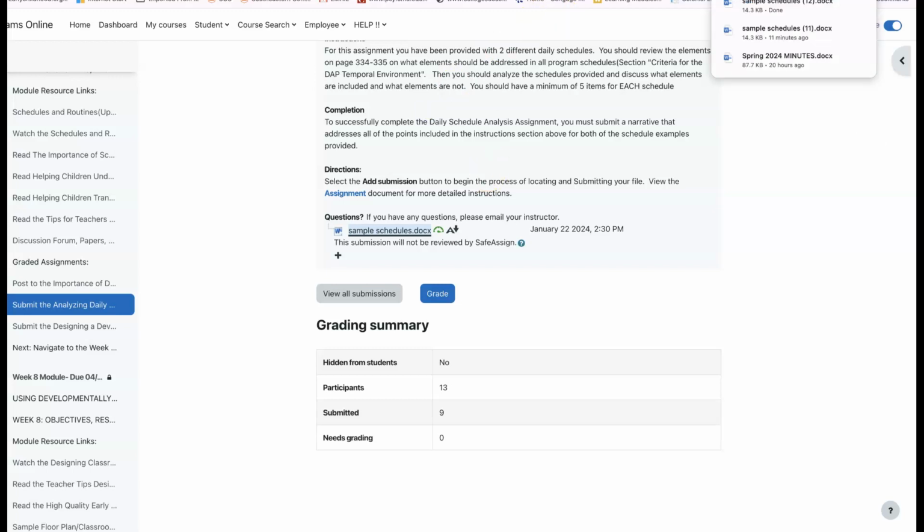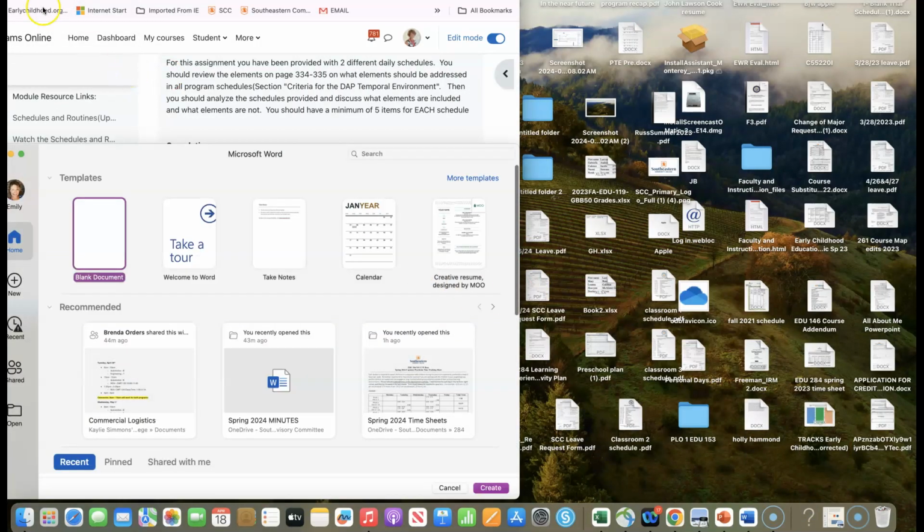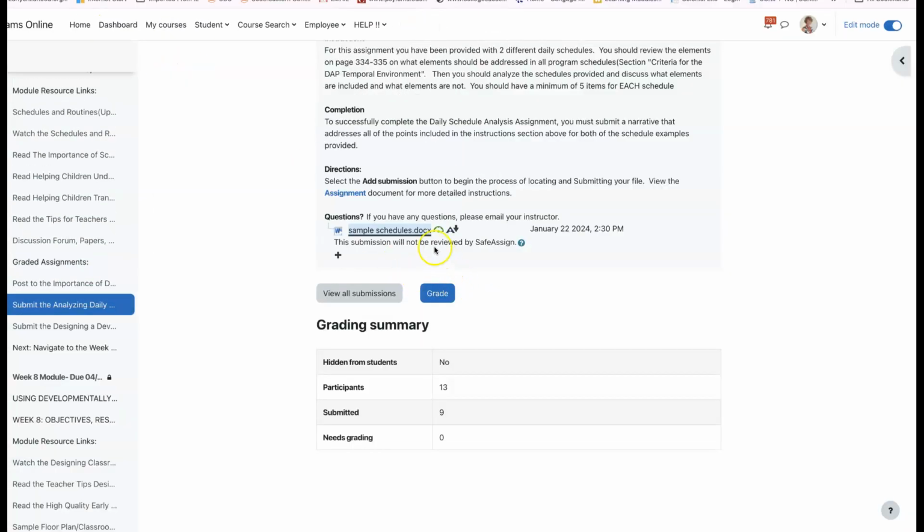And it's not letting me pull up. But anyway, on this schedule, let's see, sorry about this. I apologize. But anyway, the sample schedules have two schedules. Schedule 1 and Schedule 2.